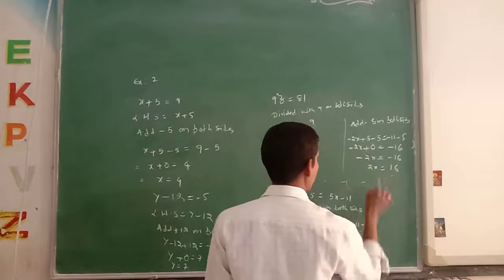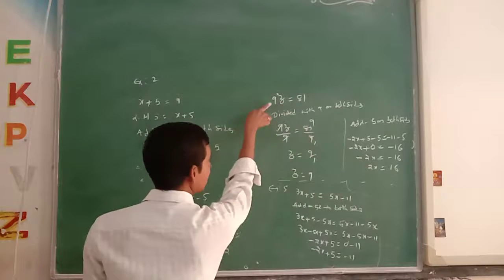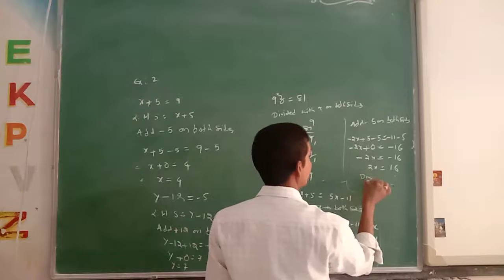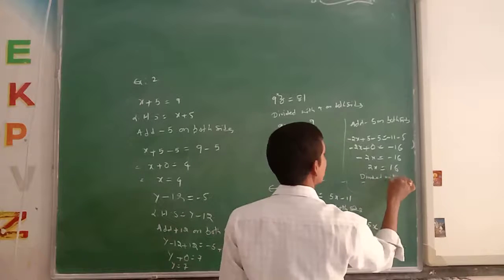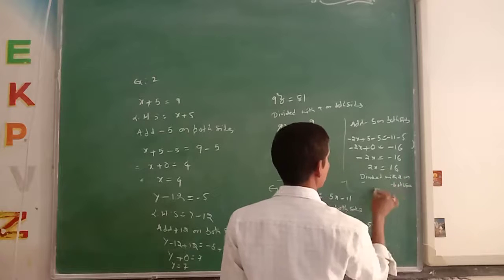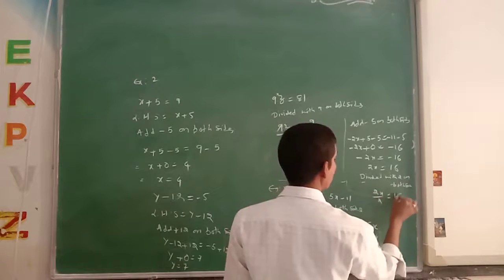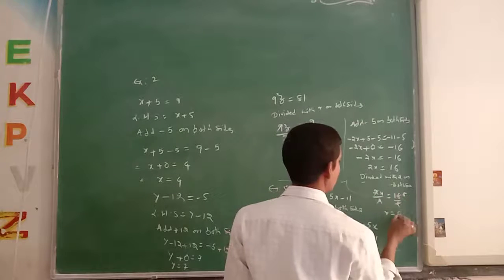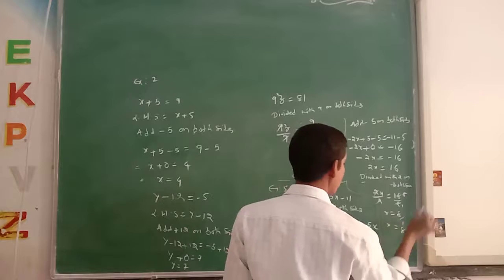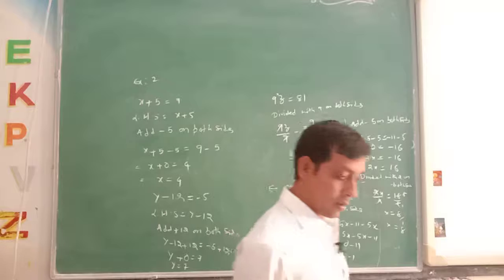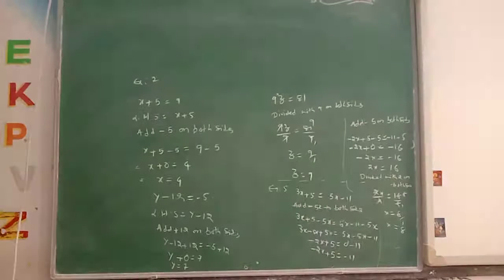Next, is it in the same form or not? It is 9 means we divide with 9. Here what is the extra? Divide with 2 on both sides. So 2x by 2 is equal to 16 by 2. 2 gets cancelled. 2 ones are 2, 2 eights are 16. x is equal to 8 by 1. So x is equal to 8. That is the problem. Okay? The remaining problems should be the same like that only. We'll meet in the next class.